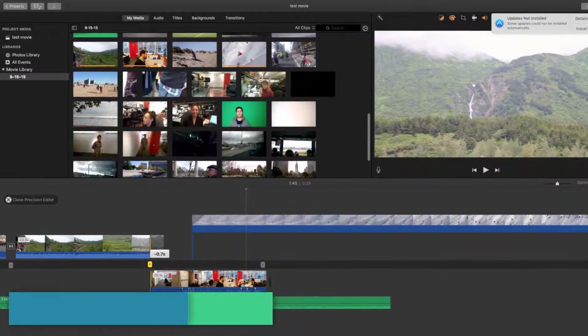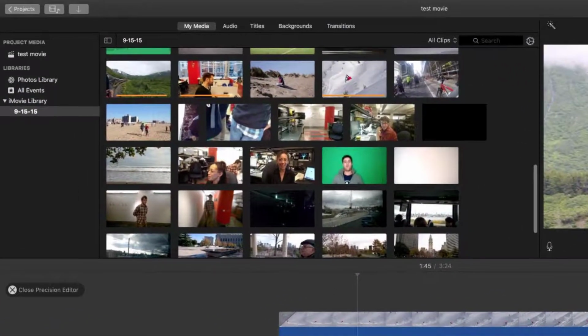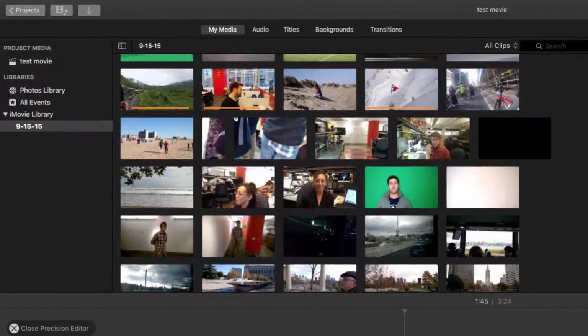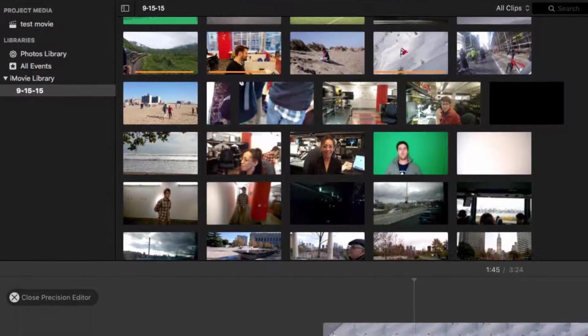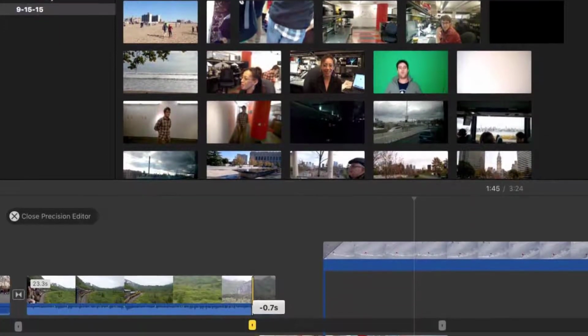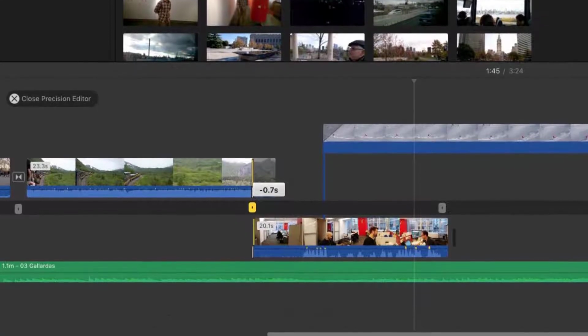Apple iMovie. If you're a Mac user and just starting off with video editing, iMovie is most likely going to be your first tool. iMovie has always been striving for minimalism. It's been around for many years and its philosophy hasn't changed. While it's missing a bunch of cool stuff you can find in other paid programs, it brilliantly implements every single